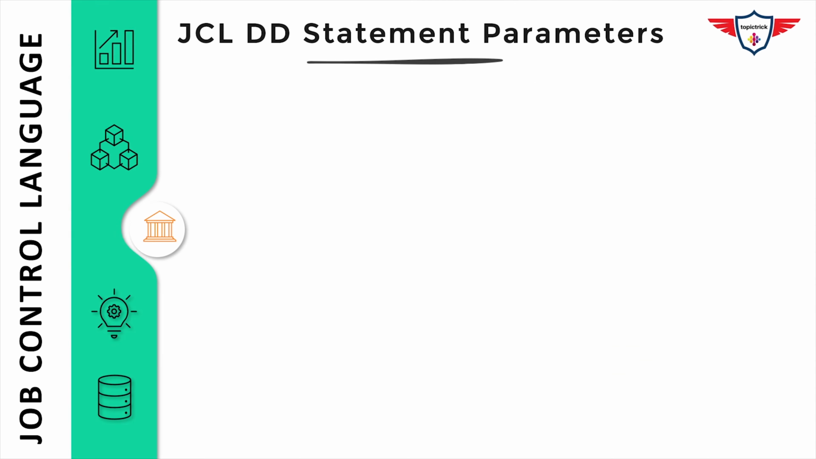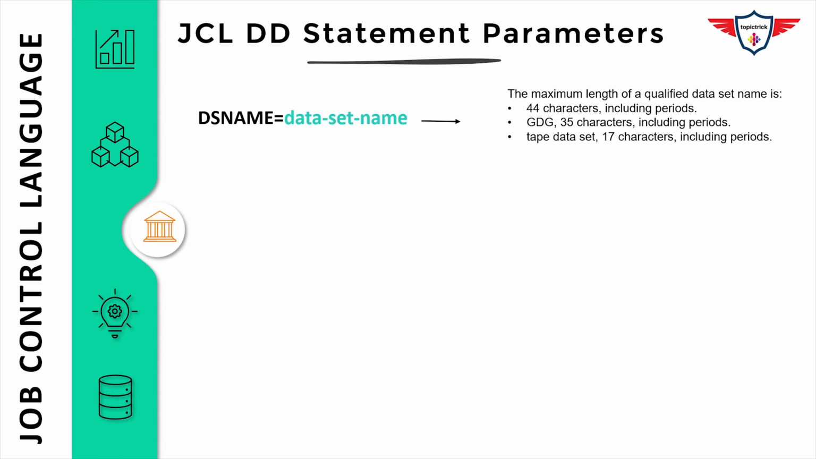Now let's move on to the next section, that is JCL DD Statement Parameters. So the first parameter is DSN name, and it is used to specify the actual file name. And remember that a file name can be of 44 characters, including periods. The limit for generation data groups or GDGs is 35 characters including periods. And in case you want to create a file on tape, the dataset limit is 17 characters including periods. So here is a sample dataset name, that is